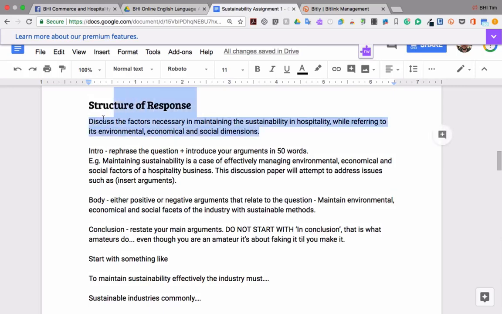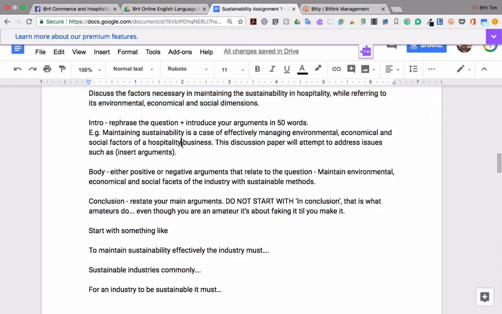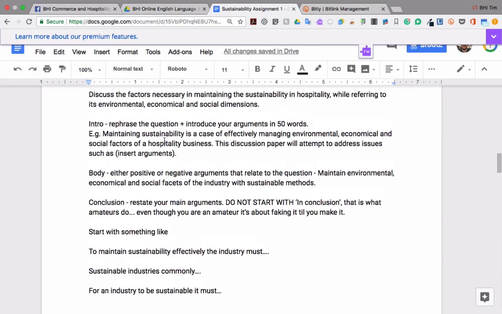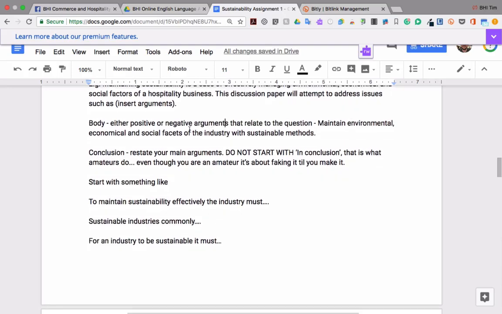So I've got the question here again, so you don't have to keep scrolling back to the top. In the introduction, you should rephrase the question and then introduce your arguments in around about 50 words. So I've given an example there. Don't use that example because then you'll be plagiarizing my work, but it's something to build from. So maintaining sustainability is a case of effectively managing environmental, economical and social factors of a hospitality business. This discussion paper will attempt to address issues such as, and then put a list of your arguments separated by commas. Then in the body you go into those arguments,